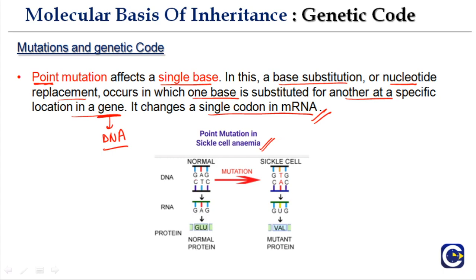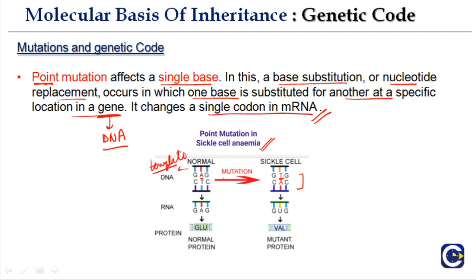So this is the normal DNA, that is GAG, and correspondingly G pairs with C, A pairs with T. But now there is a mutation. And because of this mutation, instead of A here, there is T. So you see, at the level of DNA, it is not that big a problem because there was AT base pairing here and AT base pairing here. So the structure of DNA will be fine. But now what will happen? So now this is the template strand here. This will be the template strand here.